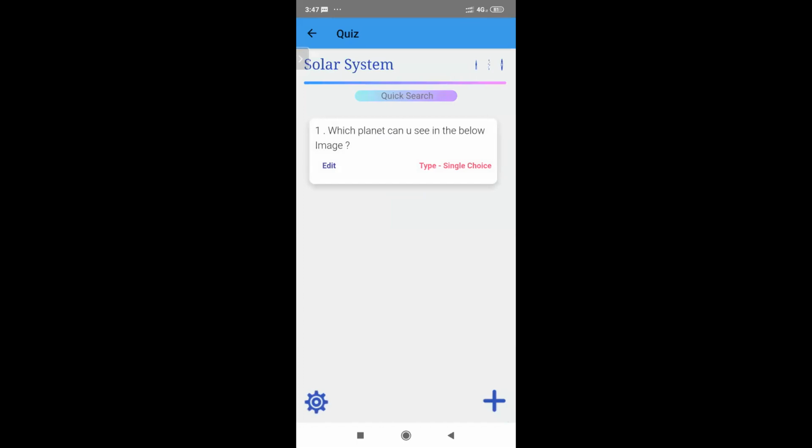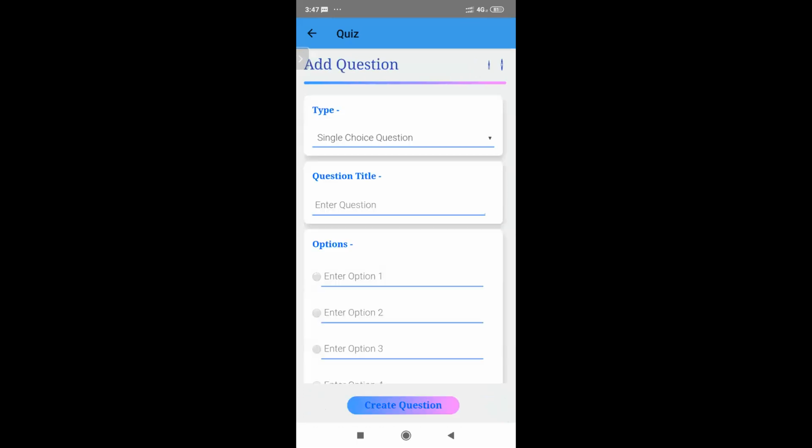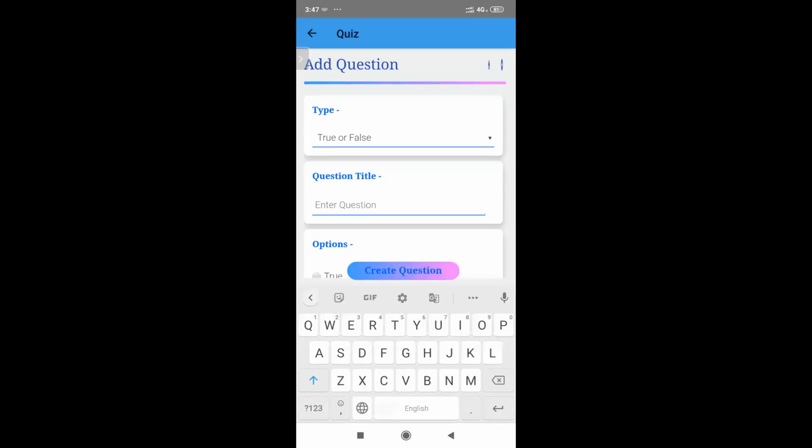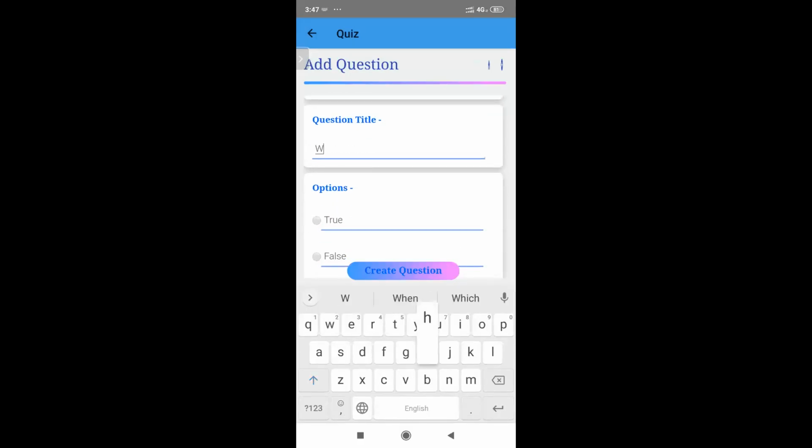That's how easy it is to create a quiz. Now I've created one question, and you can create multiple questions in the same way. I'll just have to click on the plus icon, and now I'll select another type of question, let's say true or false. And because I want to type which cycle is shown in the image, let's say yes, I'll create one more.